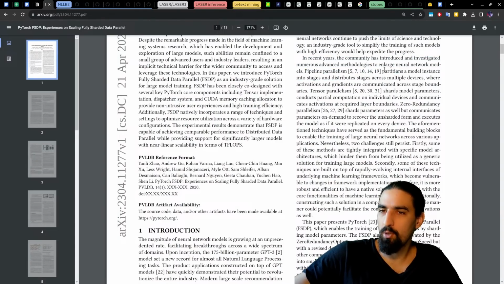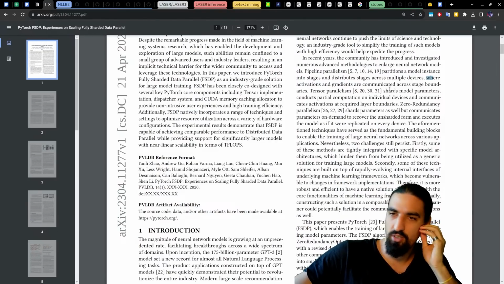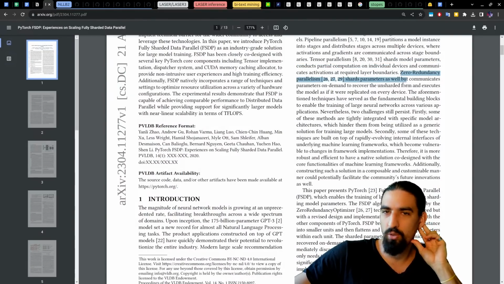Pipeline parallelism being one of the methods: split the model into stages and distribute stages across multiple devices, where activations and gradients are communicated across stage boundaries. Then there is tensor parallelism, or so-called model parallelism. It shards model parameters, conducts partial computation on individual devices, and communicates activations at layer boundaries. Then there is this zero redundancy parallelism.